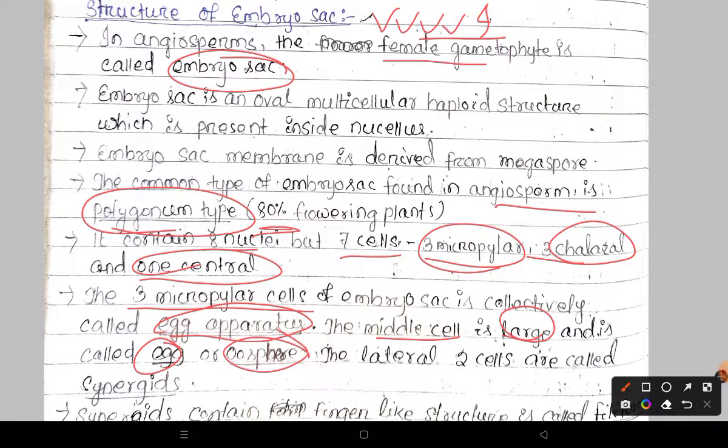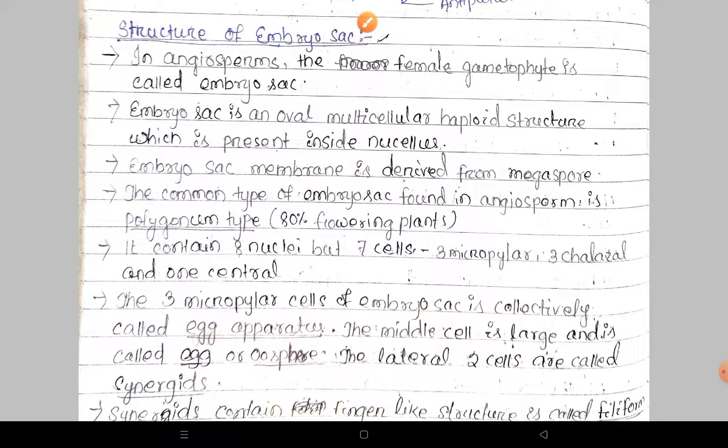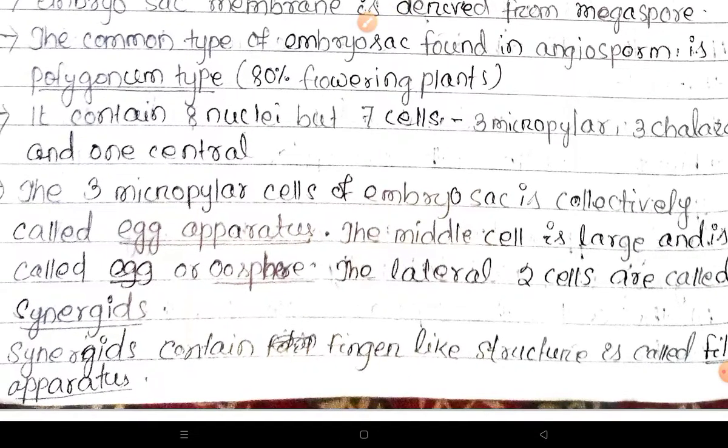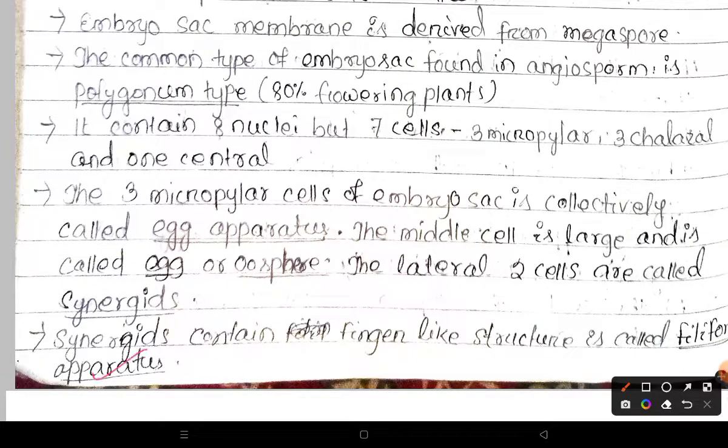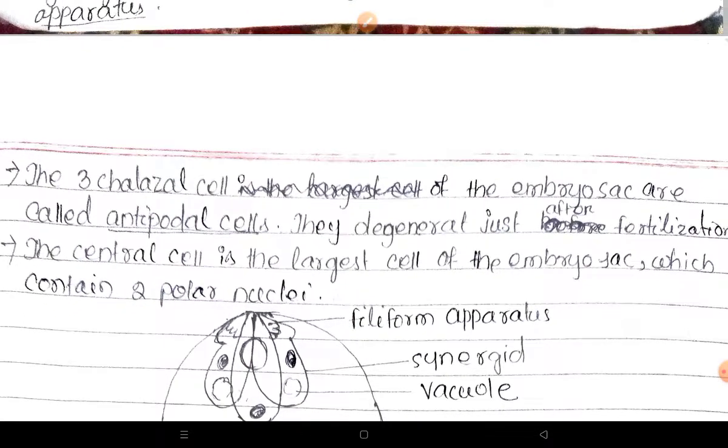The 2 lateral ones are known as synergids, and the synergids have special appendages known as the filiform apparatus, which is a characteristic feature of the synergid. Next, the 3 chalazal cells of the embryo sac are called antipodals, and these antipodals degenerate just after fertilization. Last, the central cell is the largest cell of the embryo sac,